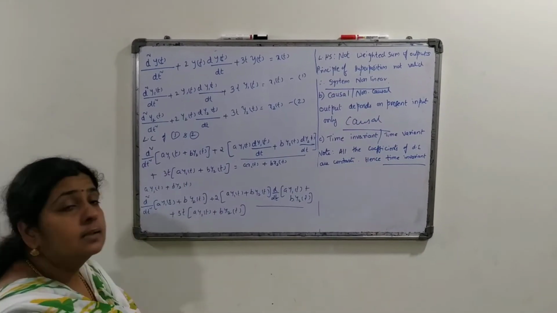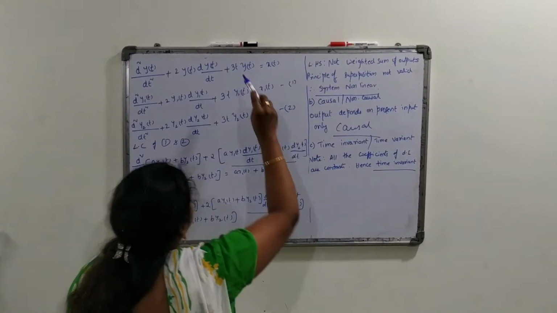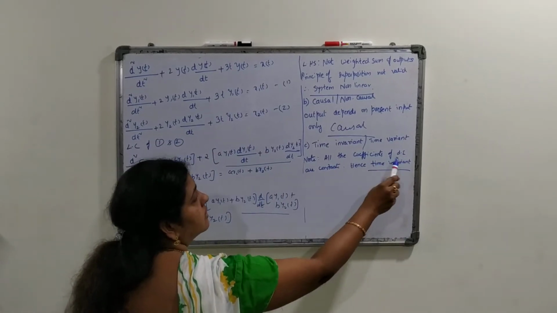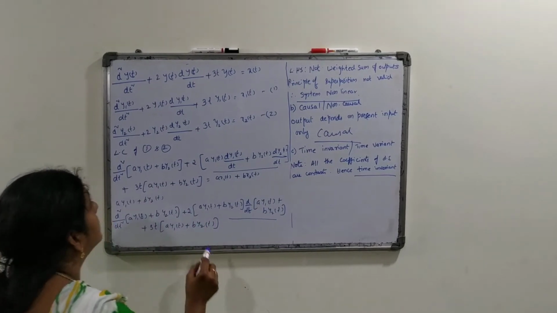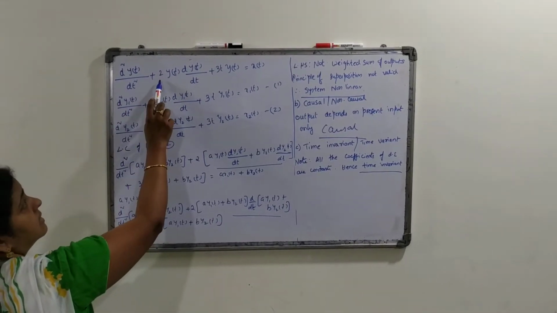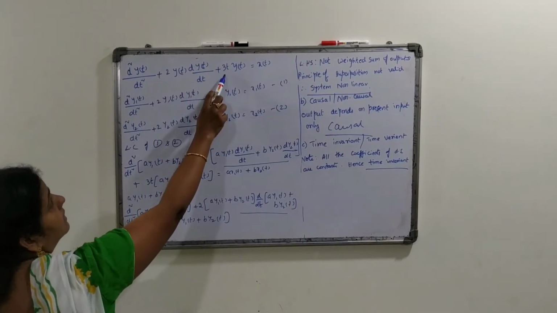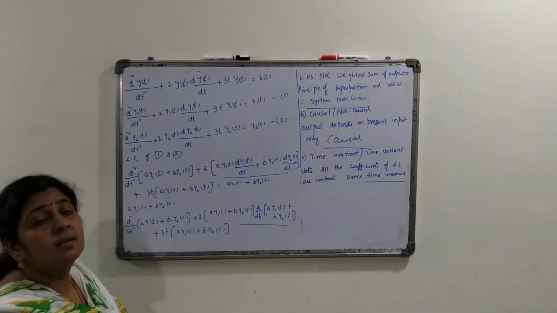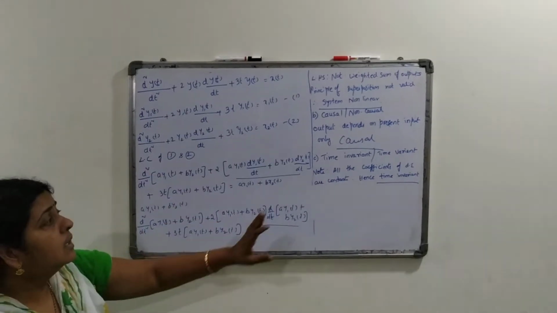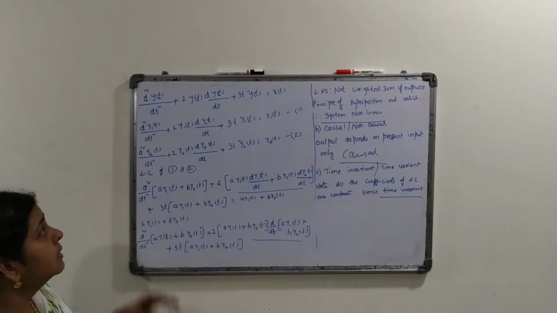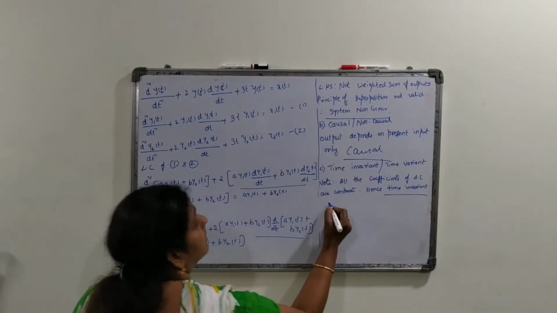Right. Now the third point, which we already discussed. If it is a differential equation and all the coefficients of the differential equation are constants, then it is time invariant. Now look into the differential equation here. This term is constant. This term, what do you have? Here you have 2y of t and here you have 3t y of t, which are variables. So the coefficients are not all constants. You even have variables. Therefore this is time variant.